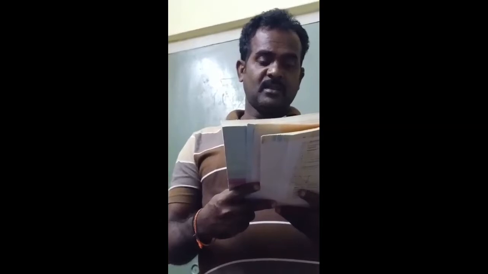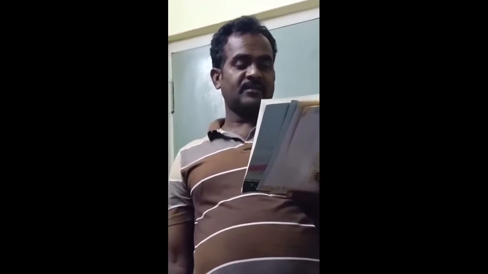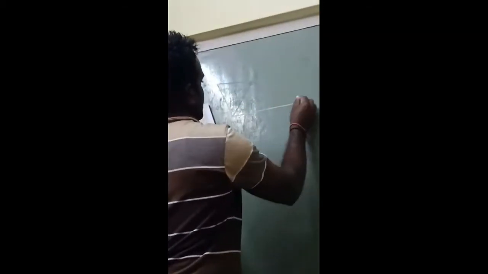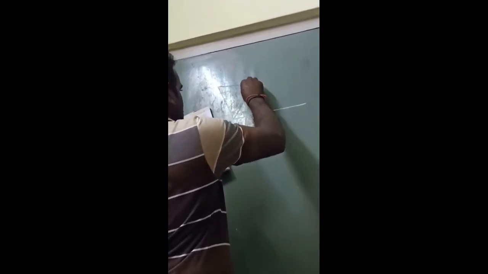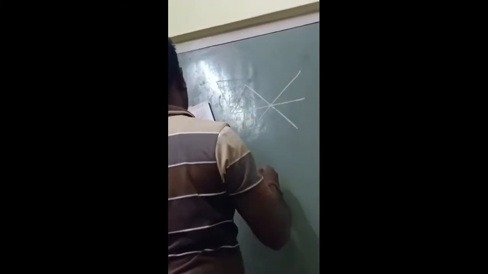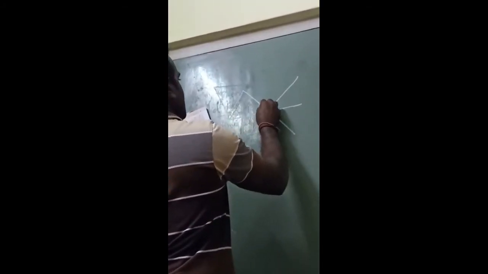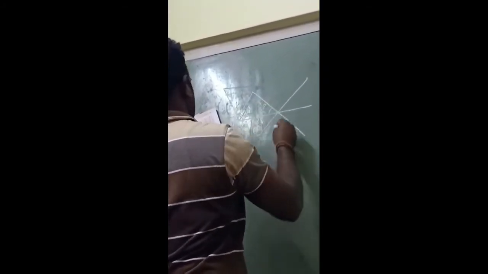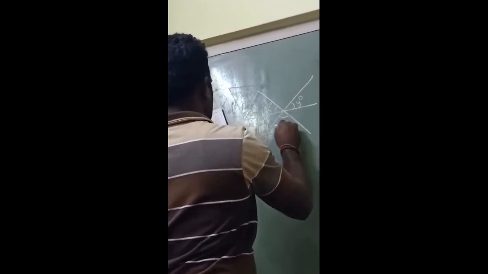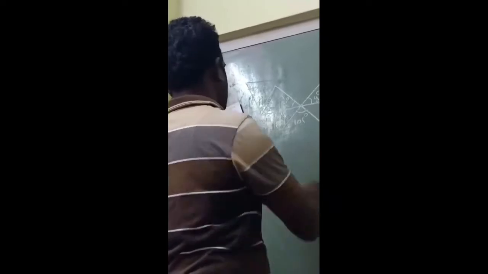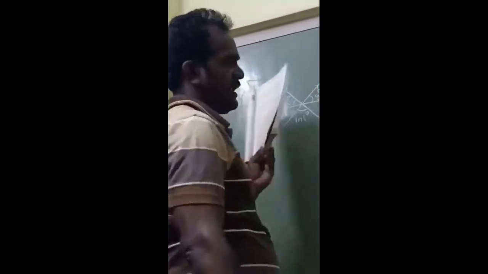See, ninth problem. In the figure, the arrowhead segments are parallel. Then find the value of x and y. Same method. Here, this line is given, x degrees is given, 35 degrees is given, y degrees is given. This value is equal to 105 degrees. This line segment and that line segment are also parallel.